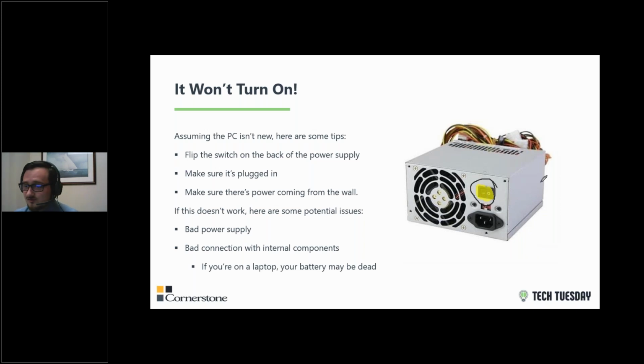This device that I've got in the screen here is a power supply. And what that does is it transforms the power that's coming from your wall into power that your computer can actually use. In America here, we use alternating current, AC. Computers need DC in order to work, direct current. The difference is power in AC moves back and forth. Power from this little box here goes in one direction, straight. If you're not sure what I'm talking about, I'm not going to get too deep into it. But basically, that's what this thing does. If it's not working properly, then power is not getting to your device, and that's why it's not working.